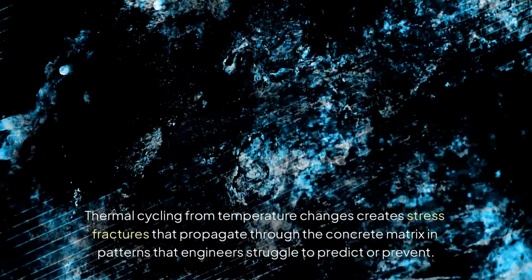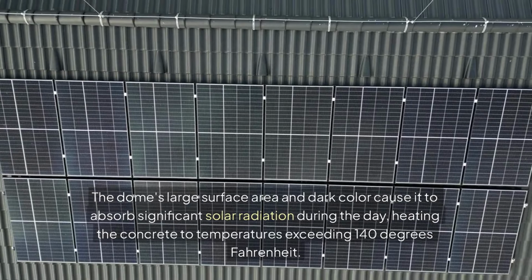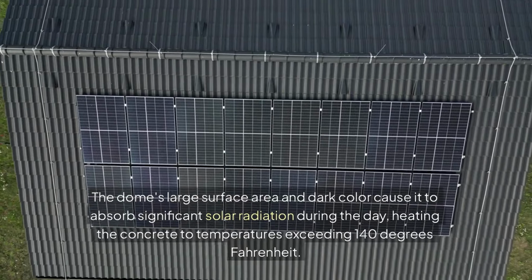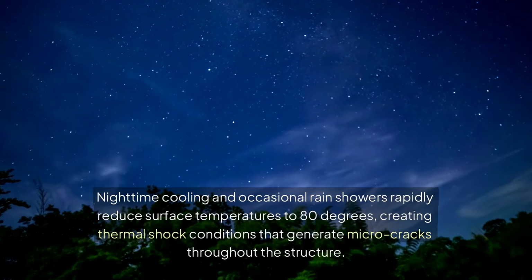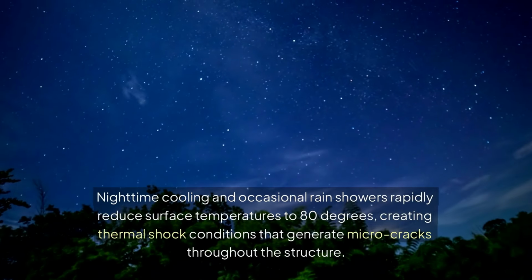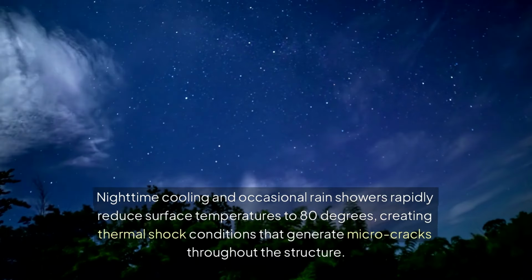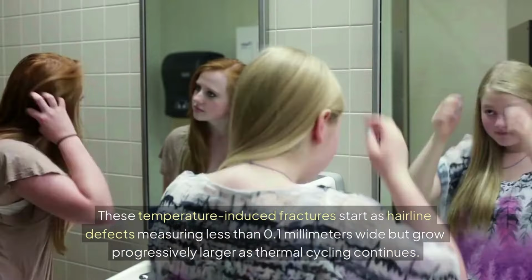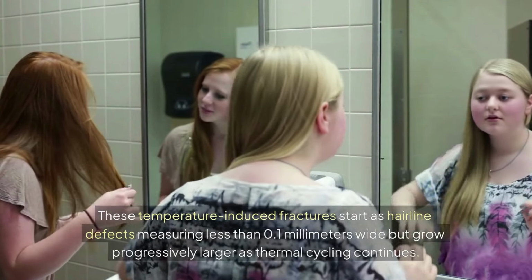The dome's large surface area and dark color cause it to absorb significant solar radiation during the day, heating the concrete to temperatures exceeding 140 degrees Fahrenheit. Nighttime cooling and occasional rain showers rapidly reduce surface temperatures to 80 degrees, creating thermal shock conditions that generate microcracks throughout the structure. These temperature-induced fractures start as hairline defects measuring less than 0.1 millimeters wide, but grow progressively larger